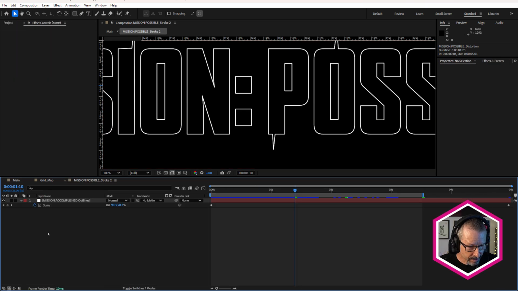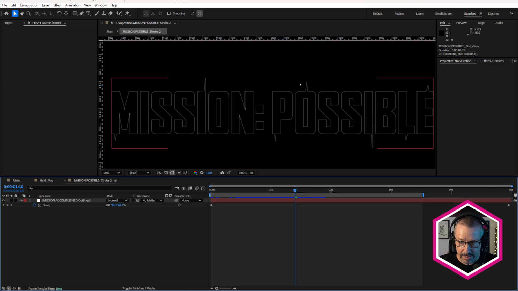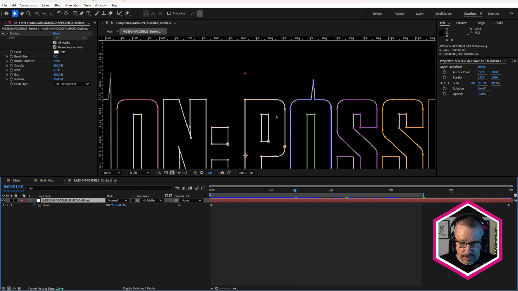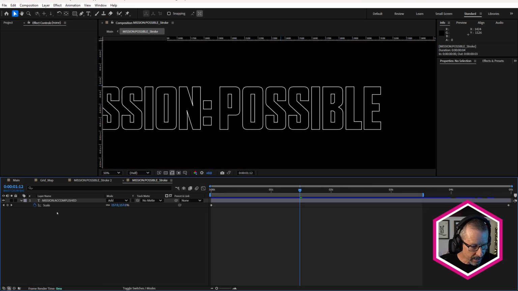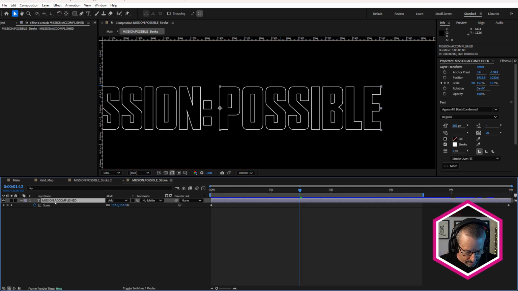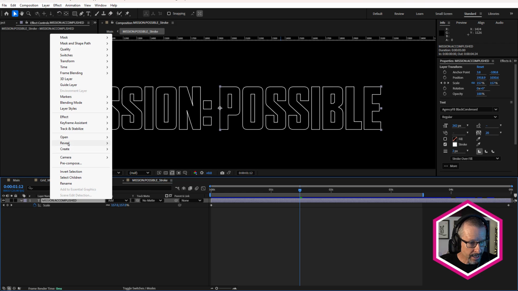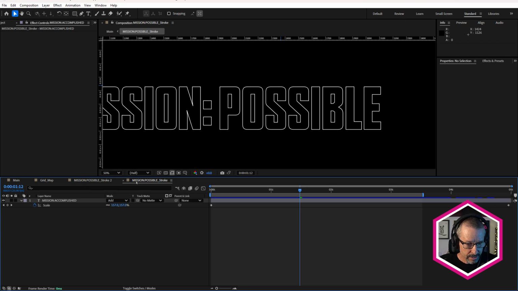And the reason I use these little points in here is by creating outlines for the text. Now I've already deleted the text layer, but if we come back into the main comp and come into here, right-clicking on the text and choosing Create Masks from Text. So that's what I did in here.